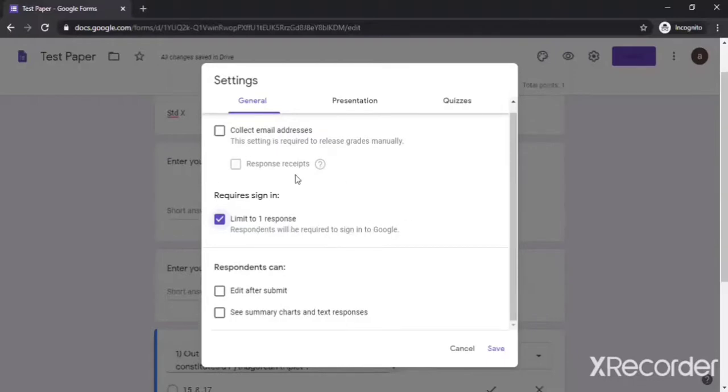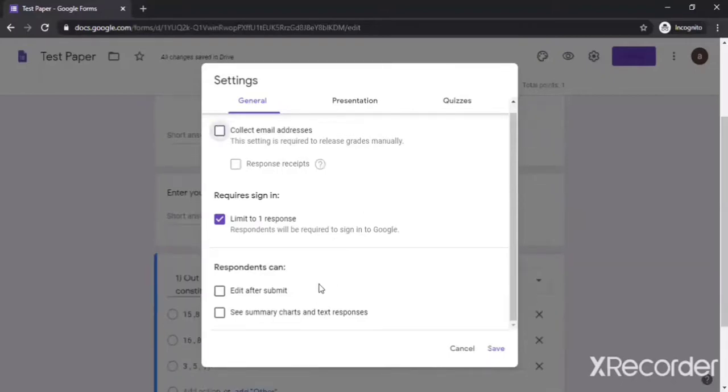So for a school test, I think this would be very important. If you want to get their email ID, I don't think this is very important. You can add it, and response recipient or something, but it's not required. This needs to be done when you want to send a response to the particular person who has submitted, and you want to tell them that your answer has been submitted successfully to us. For that purpose it is required, so I'm not doing it.